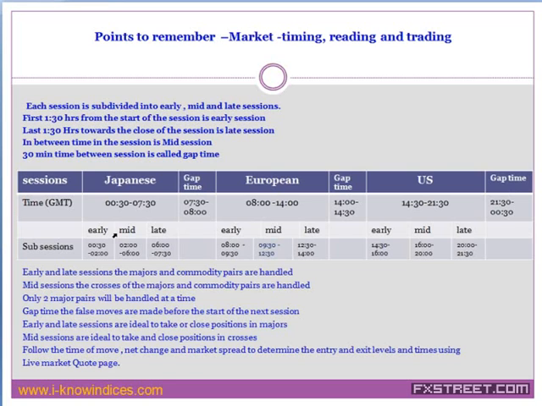So each session is subdivided into early, mid, and late sessions by the players, not by me. And then in the first 1.5 hours, they just make the early session moves in the case of majors, and in mid sessions they make the moves in the case of crosses, and in the late session again they will come to the majors. And they take only 2 pairs at a time and try to make quick moves in the market.